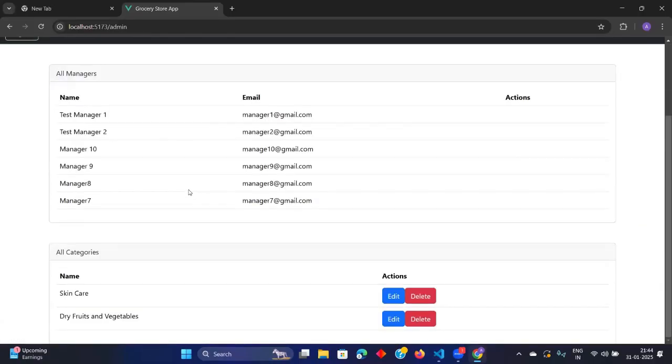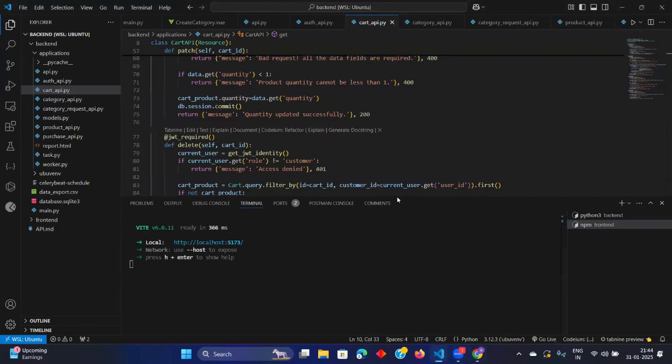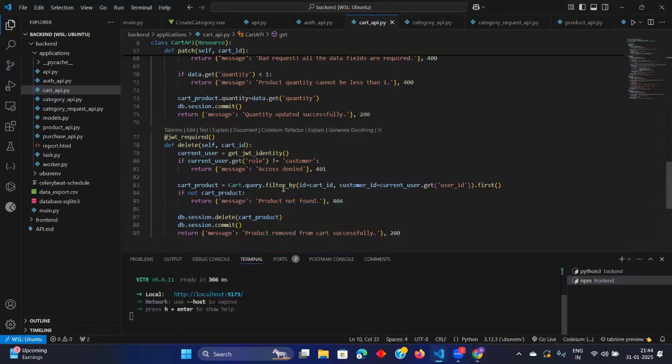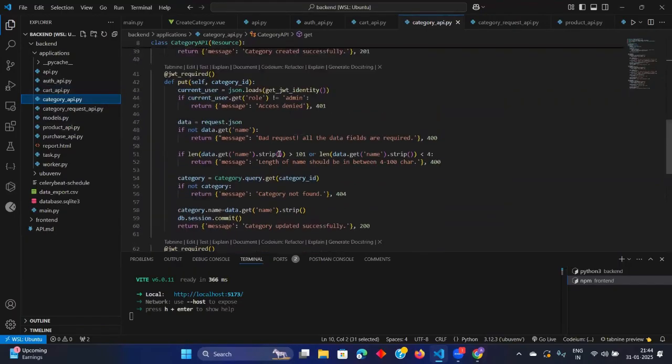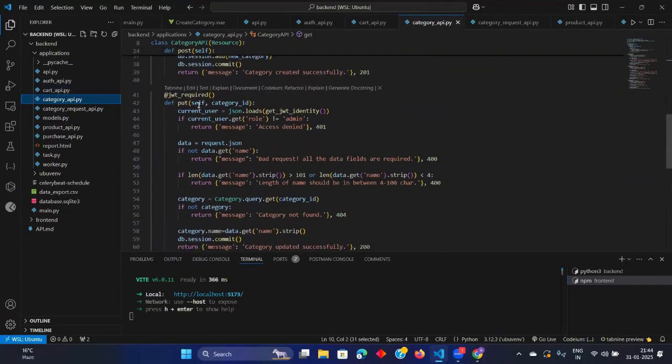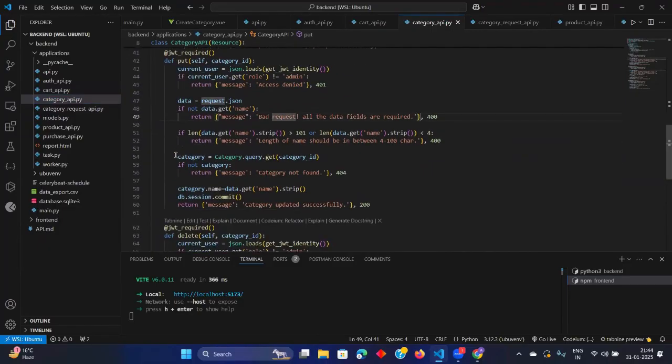Okay. And now let us make the edit category feature. For the edit category feature, let us see what needs to be done. Here is the category API. In this category API, we have this put with the specific category ID, and then same thing we are doing.